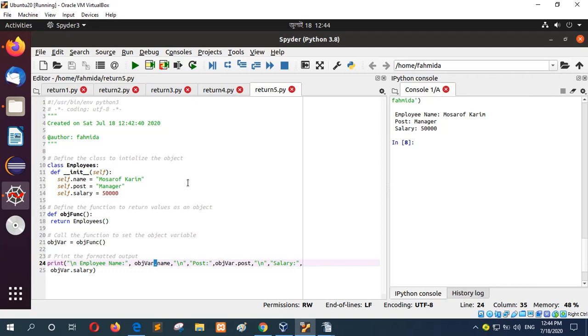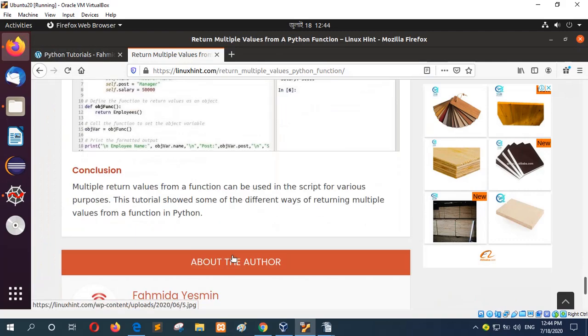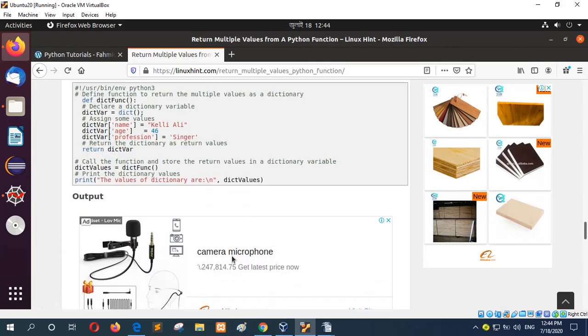Just grasp the concept that when we call any class, an object is initialized for that class, and the property values are initialized from the init method. In this way, you can read the common or public object property values from any class. So this was the content of today's lecture. Thank you for